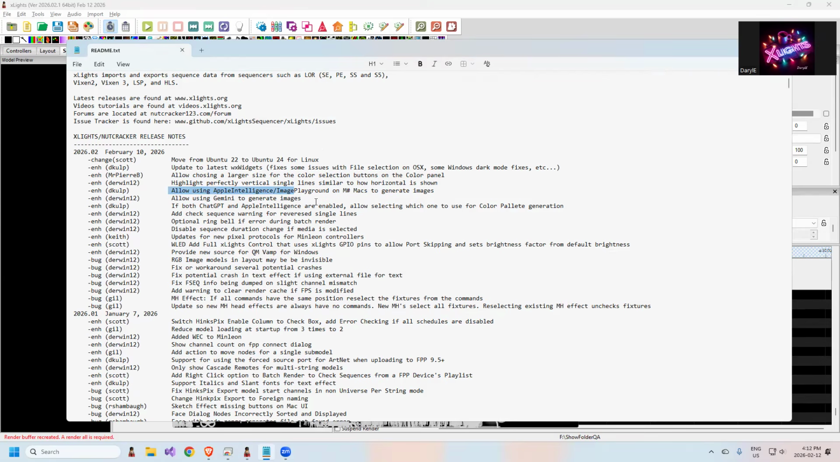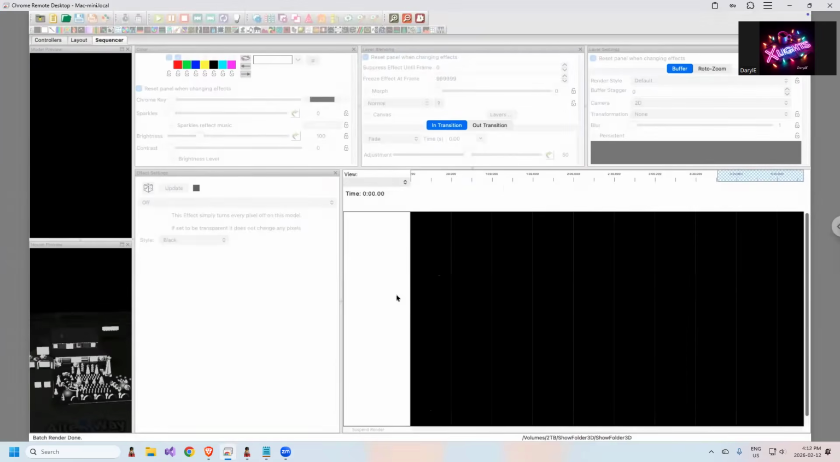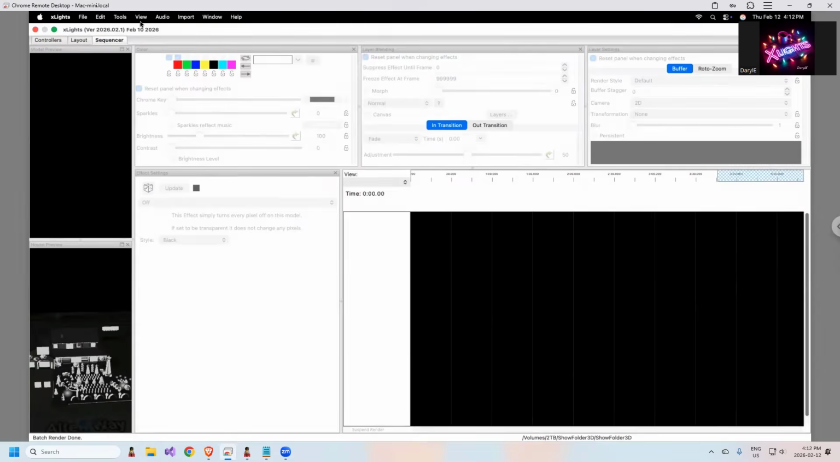Apple Intelligence is baked into the newer versions of the Mac. Sorry, I don't know the specifics, but it's in the later versions of Mac. So if you have that option, you will be able to do it with Apple Intelligence. I've got my Mac set up here in a remote desktop, so I should be able to show it to you. First of all, I'll show you if you go to